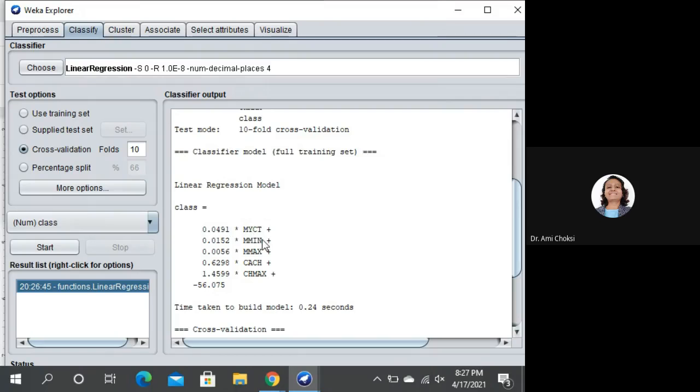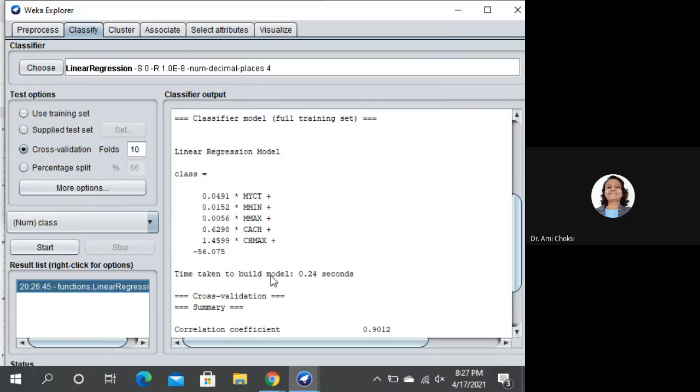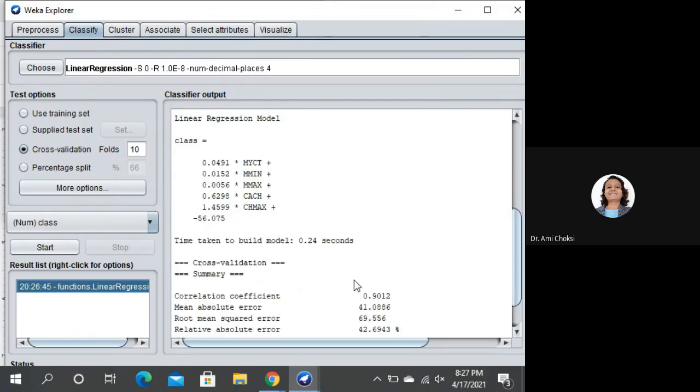The class is equal to, say, this is the equation: 0.0491 into MYCT plus 0.0152 MMIN plus 0.0056 into MMAX plus 0.6298 into CACH plus 1.4599 into CHMAX plus minus 56.075. This is the equation, isn't it? And time taken is 0.24 seconds.